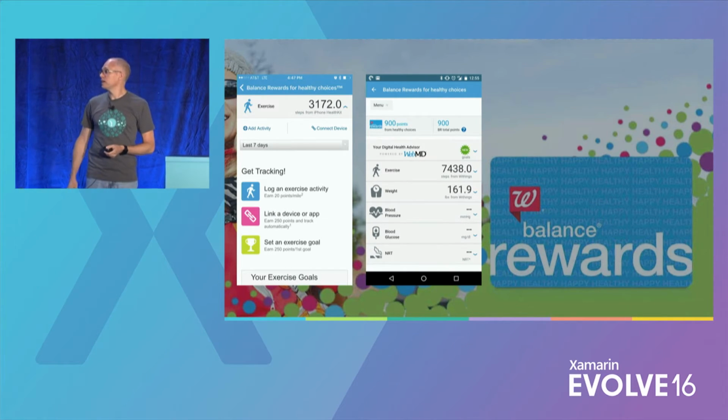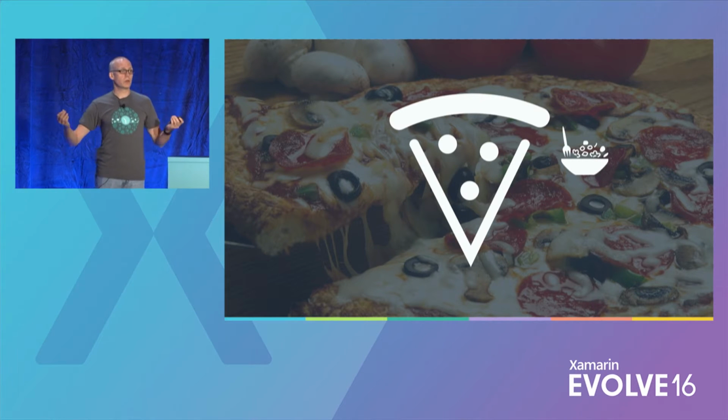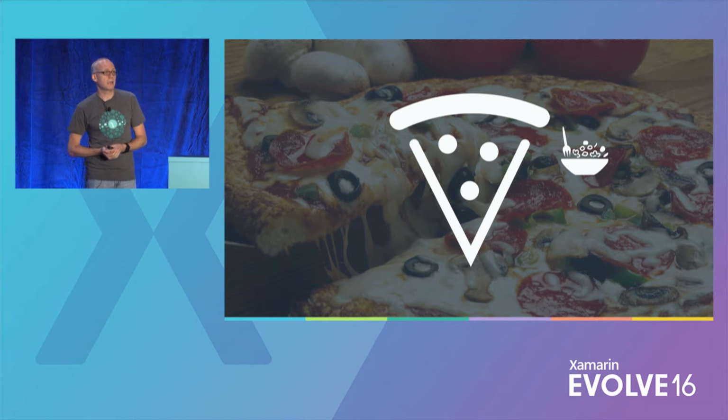A couple of other ideas that I thought about that may or may not exist. Imagine a food ordering app. So you've got a food ordering app, and it puts your order through to whatever your favorite food provider is. It gets delivered to your door. Great. Well, imagine a food providing app which takes your nutrition into account. So let's say I come home in the evening, I'm exhausted, I sit down, I order a 15-inch pizza, and my app goes, hang on a second, I know what you ate for breakfast and lunch,